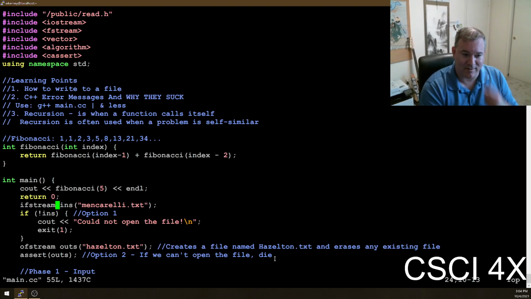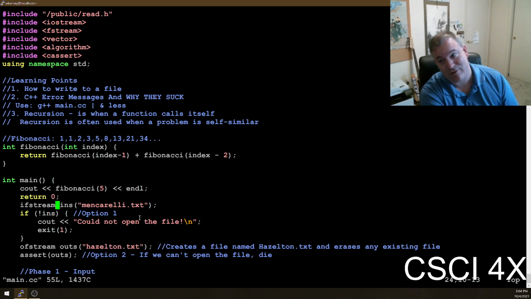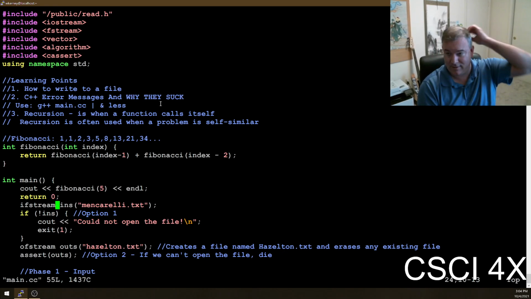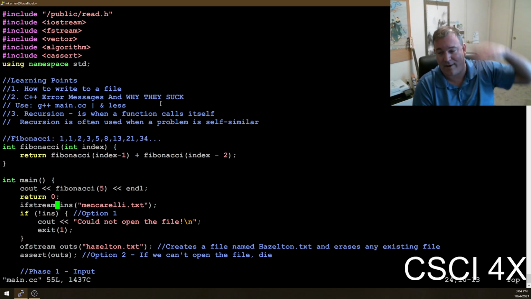Because it's going to keep calling itself, right? So the Fibonacci of 5 is going to call the Fibonacci of 4, the Fibonacci of 4 is going to call the Fibonacci of 3, the Fibonacci of 3 is going to call the Fibonacci of 2, which is going to call the Fibonacci of 1, which is going to call the Fibonacci of 0, which is going to call the Fibonacci of -1, which is going to call the Fibonacci of -2, and it's just going to run infinitely until it runs out of stack space and crashes.